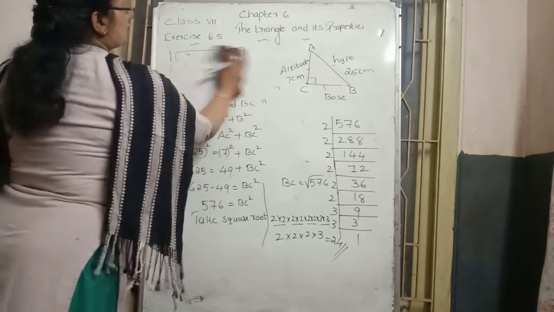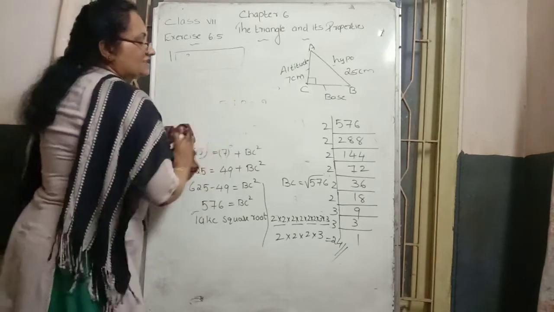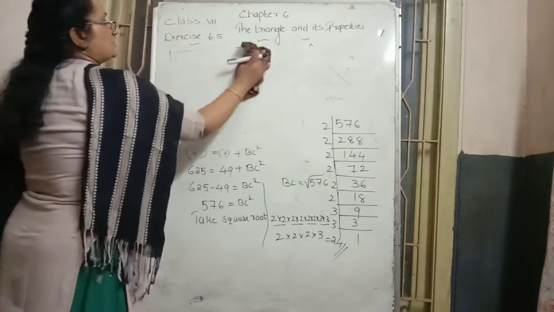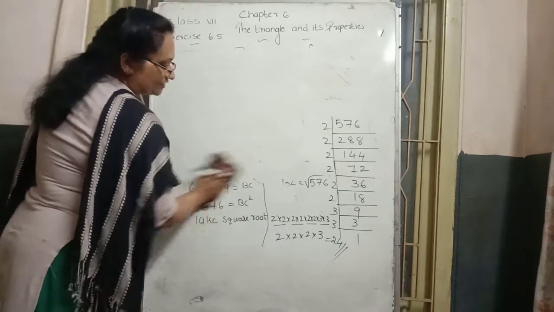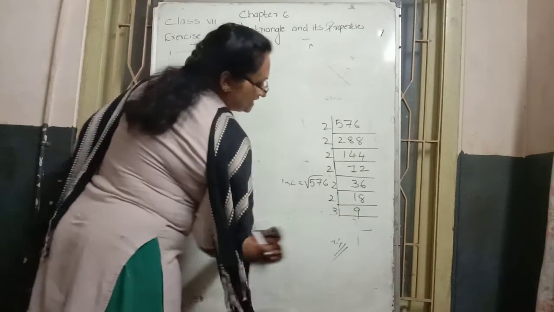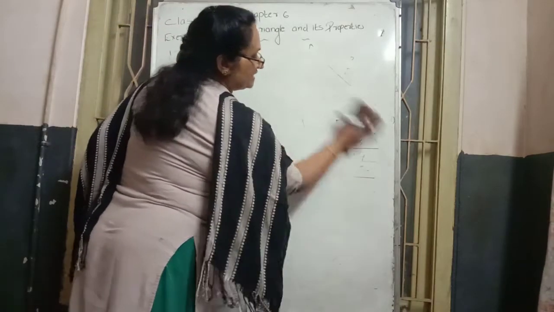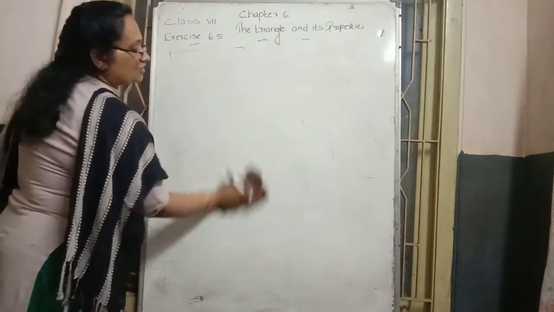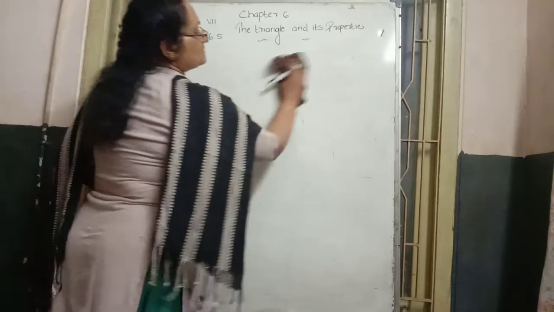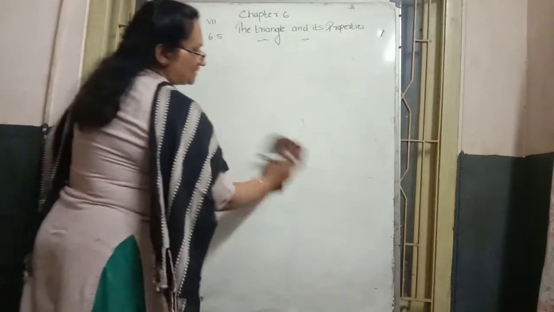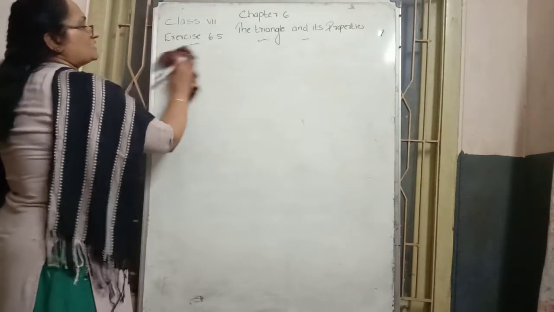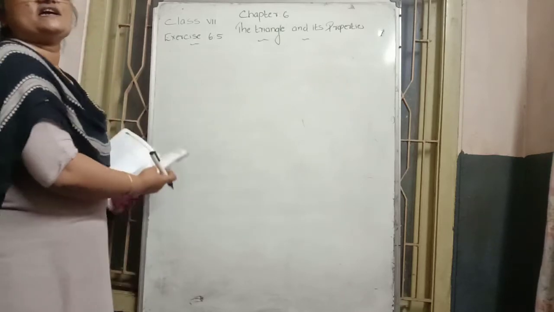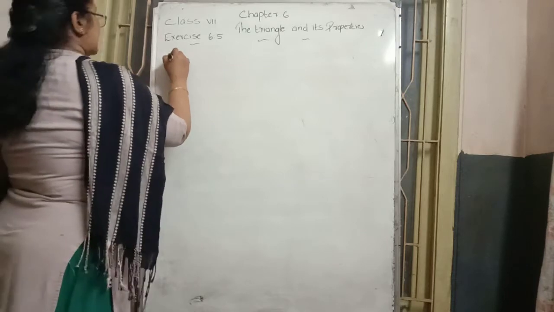Then next we go through another type of question: checking whether it is possible to draw a right angle triangle, or whether the given measurements are the sides of a right angle triangle or not. That type of questions they are telling there. Just check it. How to check it? By using the Pythagoras theorem, applying the formula on the left side and the right side, and if the left side and right side become equal, then we can say the given measurements are the sides of a right angle triangle. That's such type of questions.